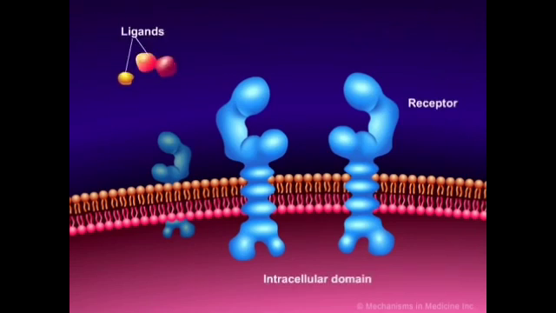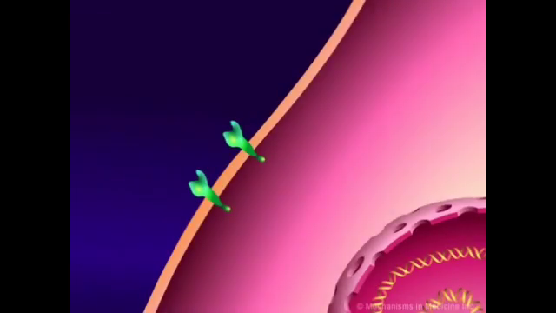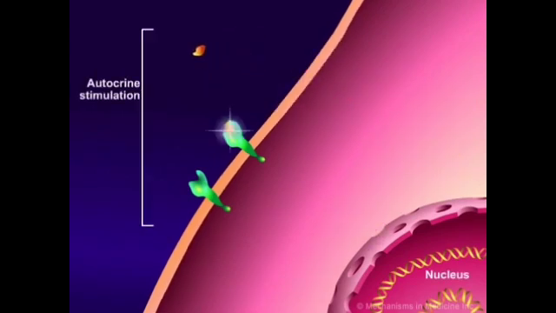When a ligand binds to the receptor, a signal goes to the intracellular domain, activating the associated enzyme and initiating a cascade of signals to the nucleus that tell the cell to grow and divide or to stop growing. Malignant cells generate many of their own growth signals, which allows them to divide with reduced external growth stimulation. Some cells are able to produce their own growth factors and stimulate their own growth. This is called autocrine stimulation.